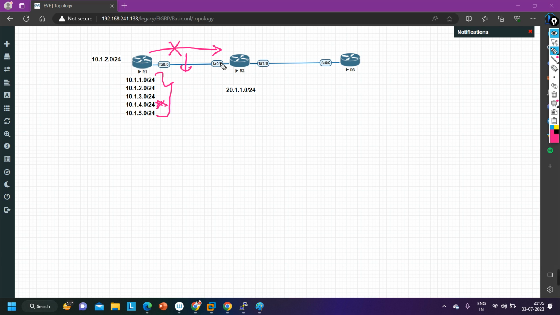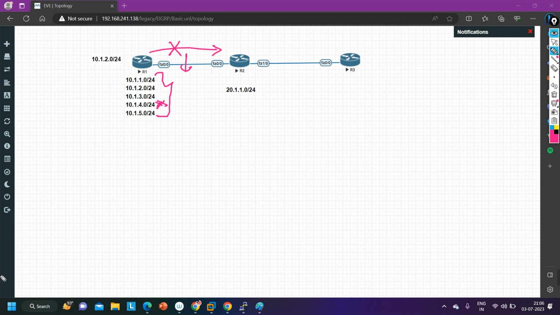Whenever a router sends a query message, first of all, the router will put the network in the active state, and maybe the router will get stuck in active state, then it will break the neighborship. In real time, lots of prefixes are exchanged between the routers. So when it breaks the neighborship, both routers need to rebuild everything: the routing table, topology table, EIGRP neighbor table. They need to encapsulate and decapsulate lots of hello messages, then null update messages, EIGRP update messages. Yes or no?